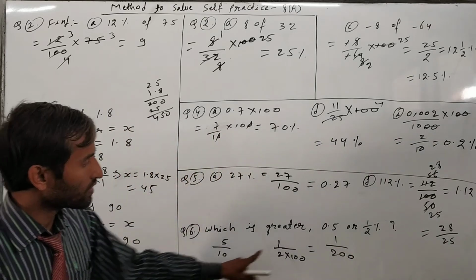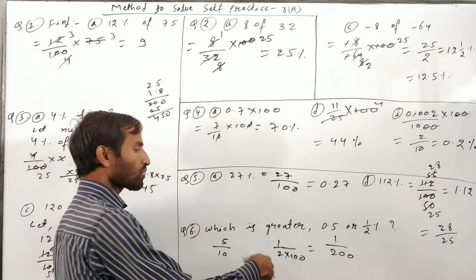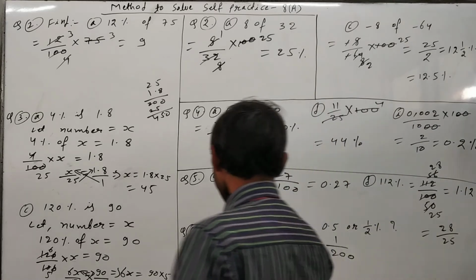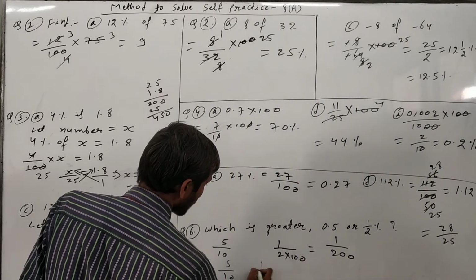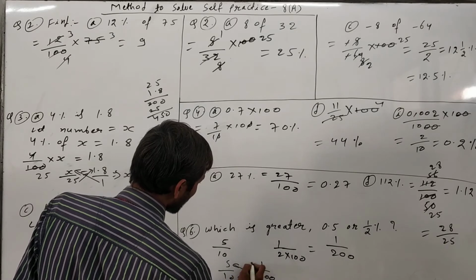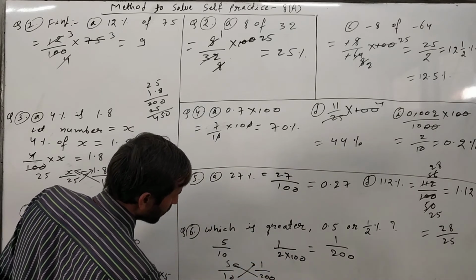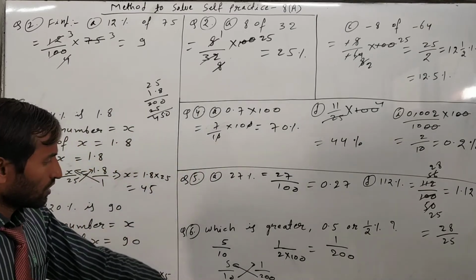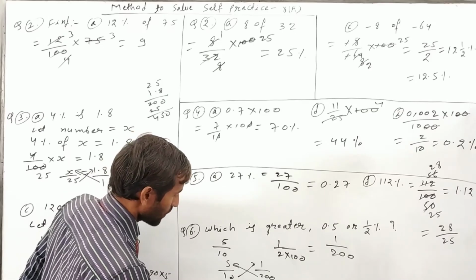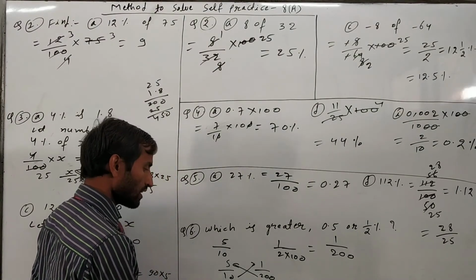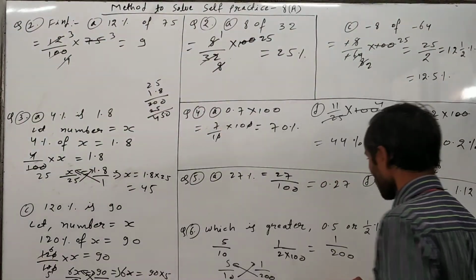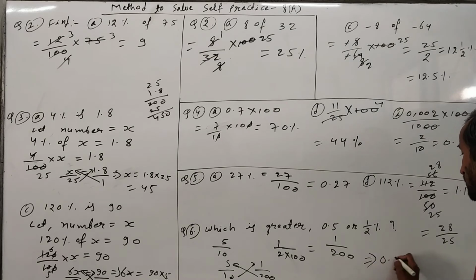So this one is a fraction and this one is a fraction also. Now we have to compare both fractions, which is greater. For that, just cross multiply. 5 upon 10 and here 1 upon 200. So it will cross multiply like this: 5 into 200, and 1 into 10, and here just put a comma. Multiply, it will come 1000, and here 10 is there. So 1000 is more, means this side is more, means 5 upon 10 is more, means 0.5 is greater. So just write down the answer: 0.5 is greater. This is the final answer.